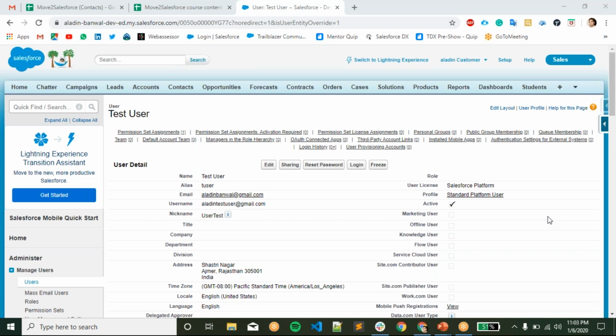Try to build some relationships between those, and try to build some formulas. Give as many fields as you can think about. Try to build this kind of scenario, and I'll be sharing this in the WhatsApp group as well.